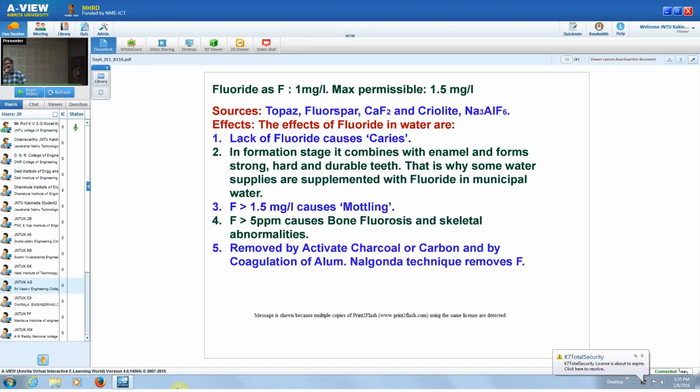Topaz, fluorspar, cryolite, these are all fluoride giving substances, naturally occurring substances. What are the effects of fluoride in water? Mainly it is connected with health. Effects on man means need not be directly health, his well-being also. Sometimes